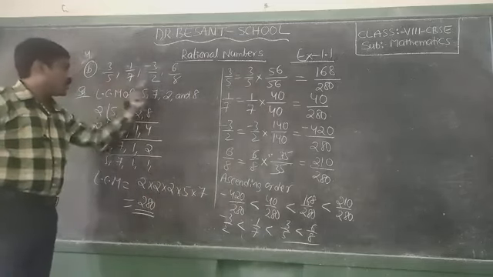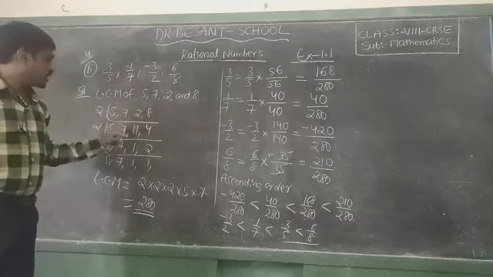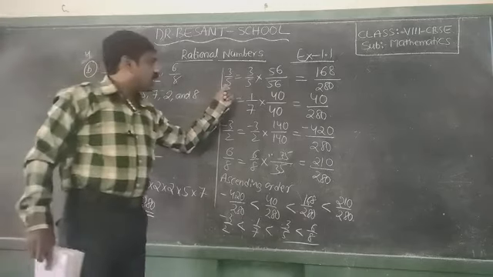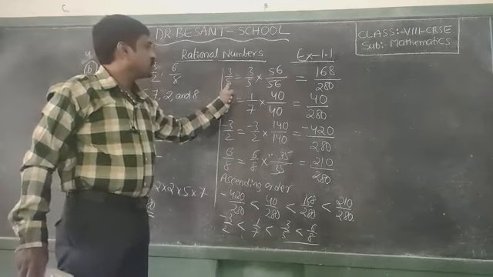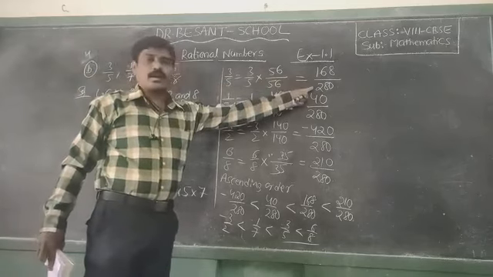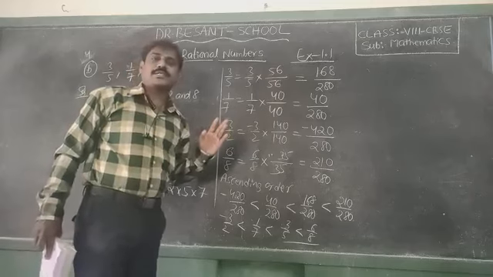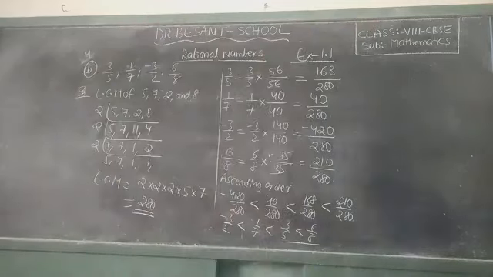So first of all, we have to take the LCM of the given rational denominators. Next, we have to find out the LCM. Afterwards, equating the denominators. So we should get the denominator 280 for all the rational numbers. Then only we can compare easily according to numerator. Okay, children, note down. Minus 3 by 2 less than 1 by 7 less than 3 by 5 less than 6 by 8.